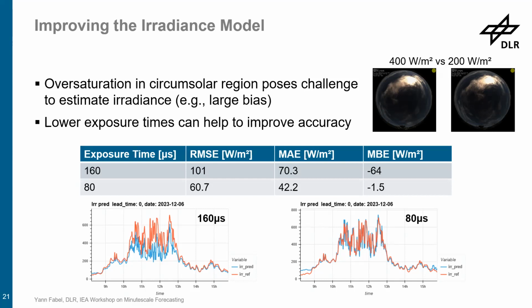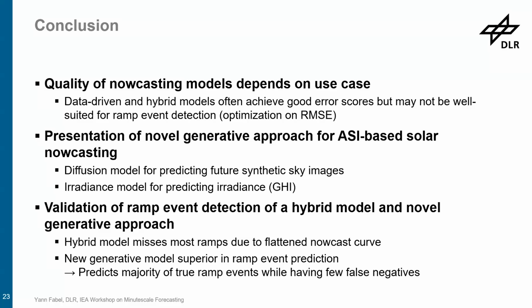Just to mention again, these are evaluations on real images, because we have to train the diffusion model again with lower exposure times. But we can already see that for real images, we're getting better in detecting those high irradiance values as well. So to conclude, I presented